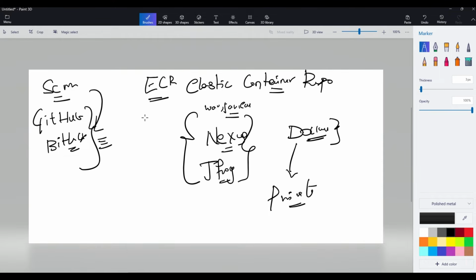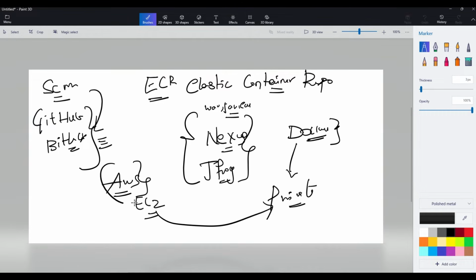If you remember our day 29 class, I told you how the AWS market is capturing the users. When you are using AWS infrastructure and building an image on an AWS EC2 instance, what is the point of storing it in a Docker private registry? Docker, Nexus, JFrog, GitHub, Bitbucket all come under third party tools for AWS. That is the reason they came up with Elastic Container Registry, which allows us to store, manage, and deploy container images and artifacts for your application. Now you understand what exactly ECR is.